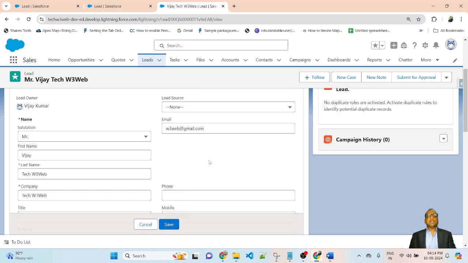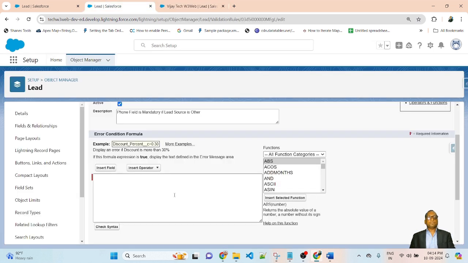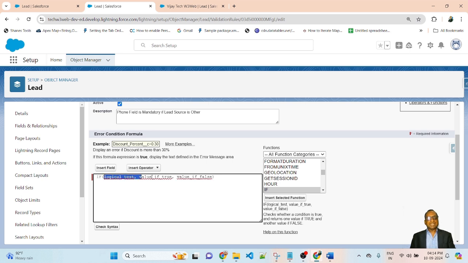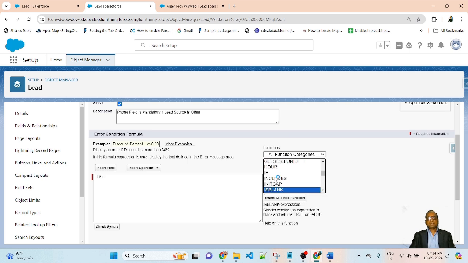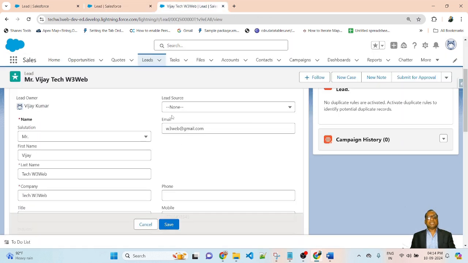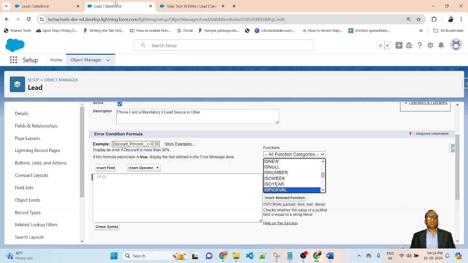So friends, now let me go back to the validation rule. First, I will check the if condition. In the right side functions, I am selecting IF, then selecting Insert Selected Function. Inside the if condition, I will use the function ISPICKVAL, because lead source is a picklist value.